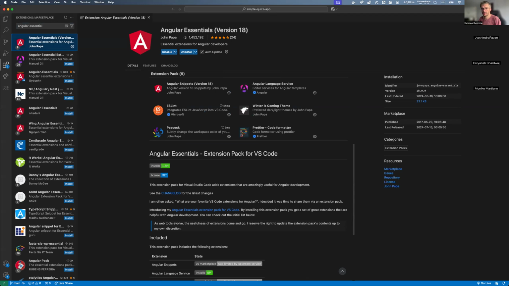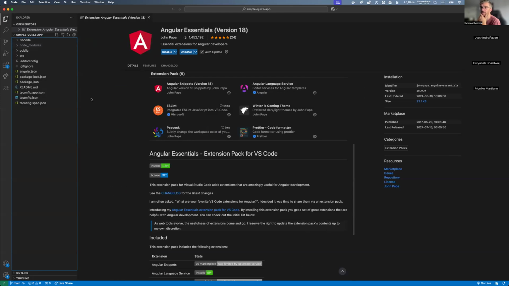I'm going to put the link in the chat as well, if you want it. As soon as you have this, you'll have some tools to help VS Code understand that you work with Angular. Okay, so pretty simple. You go there, the extension is there, install, and there you go. Perfect.